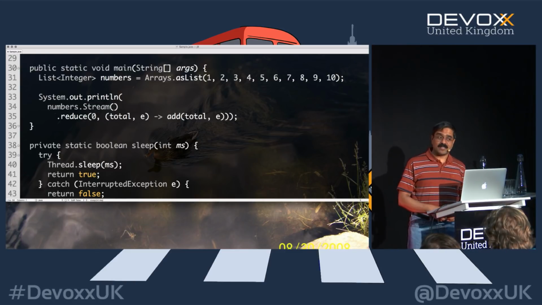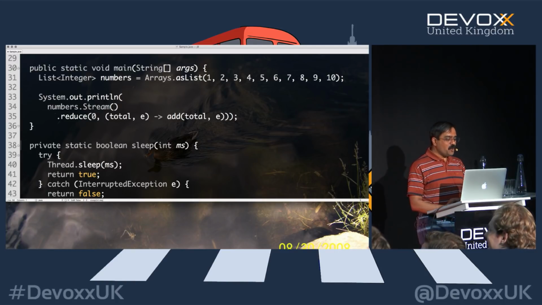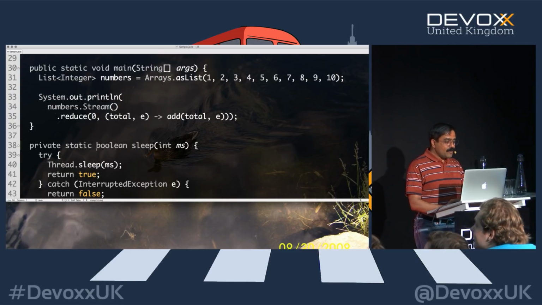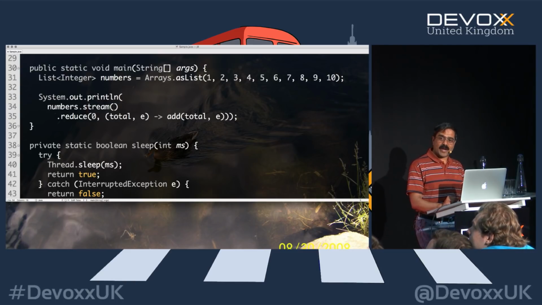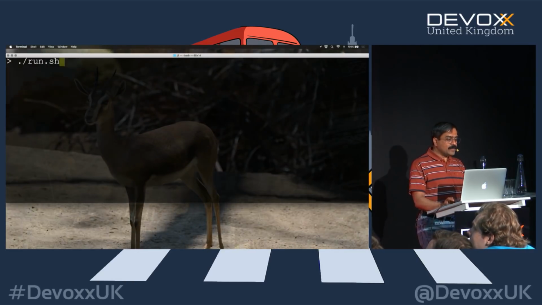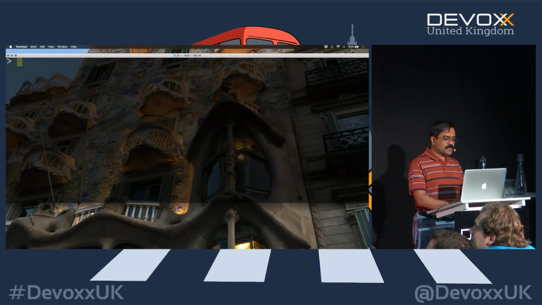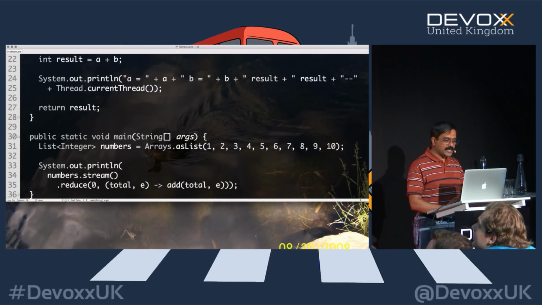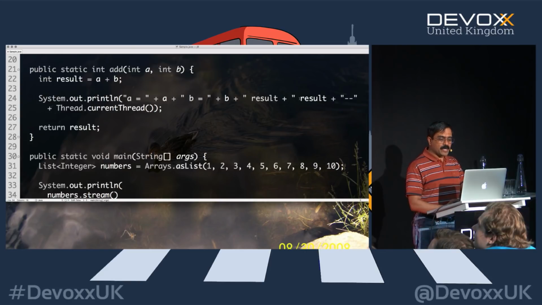The question is, nice theory, Venkat, but does it work that way, isn't it? So let's see if that's actually true. So I'm running this sequentially, as you can see right here. So let's go ahead and run this code and see what it tells us. Oops, a compilation error. Okay, we'll fix it. So in this case, of course, A is A, B is B, and the result is result. And then, of course, does anybody see the error?